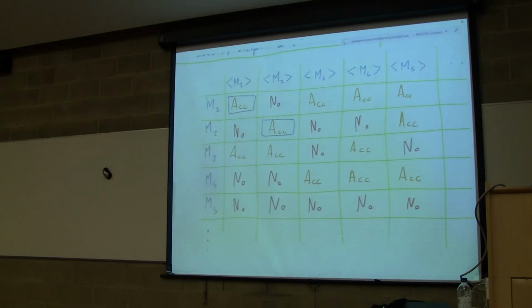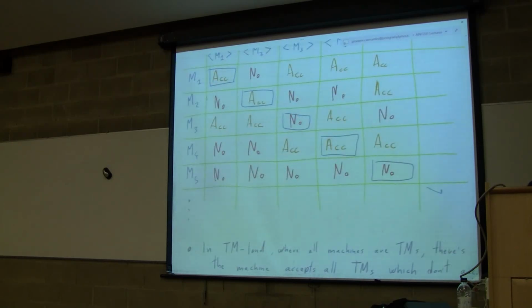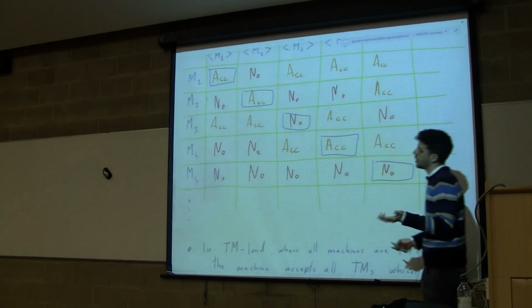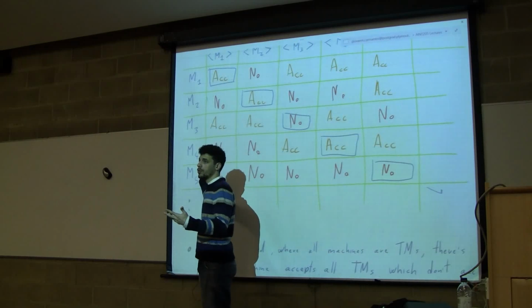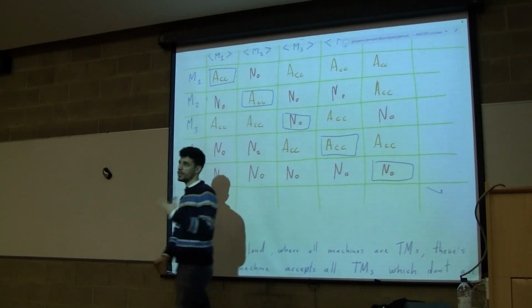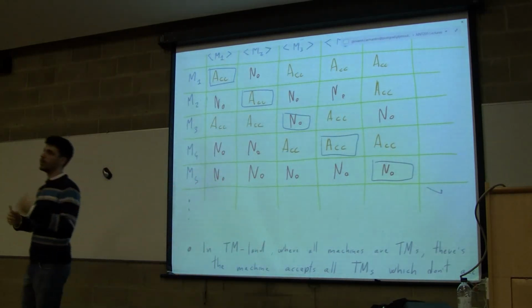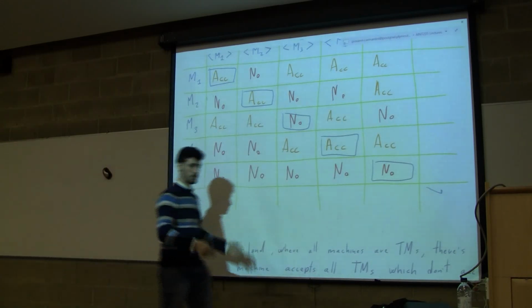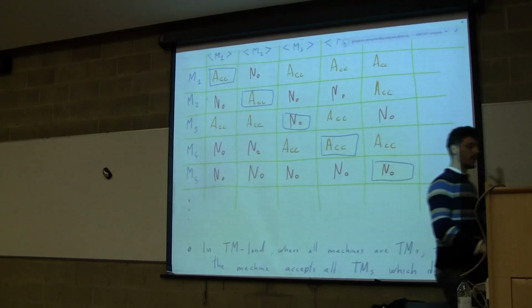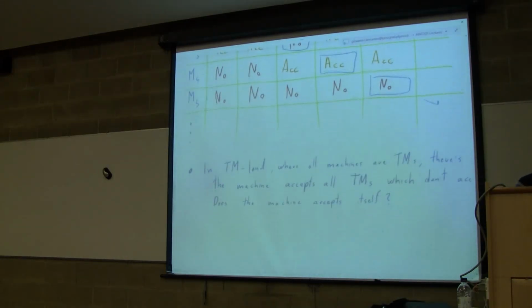So I have a Turing machine recognizing all that happens in this diagonal. I give the Turing machine some other Turing machine as an input. So I give this decider a Turing machine as an input, and the decider tells me, yes, this Turing machine accepts itself, or no, this Turing machine doesn't accept itself. It's an algorithm. It can do that, right? The problem is that